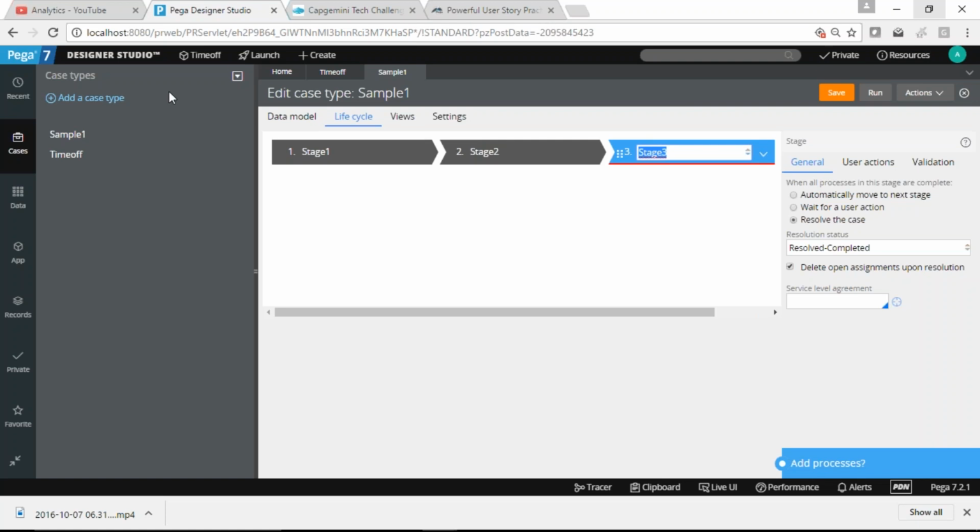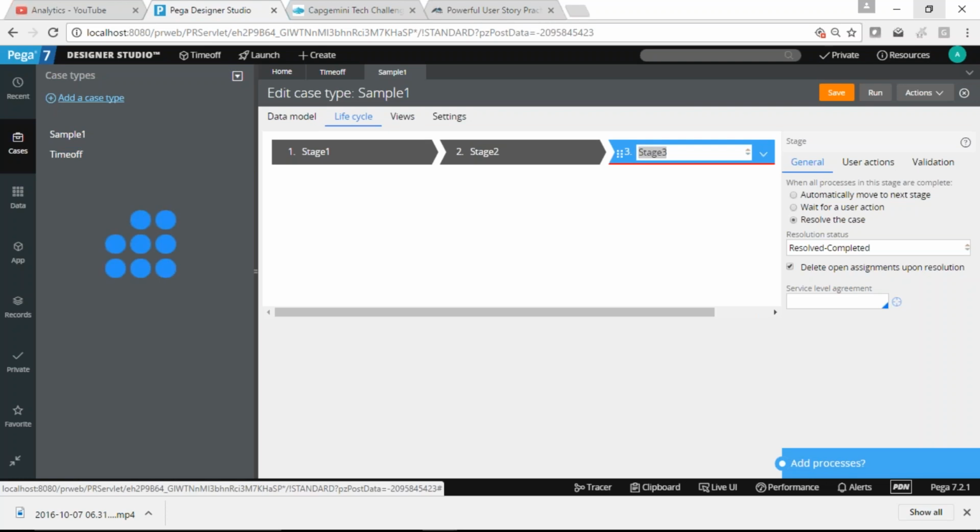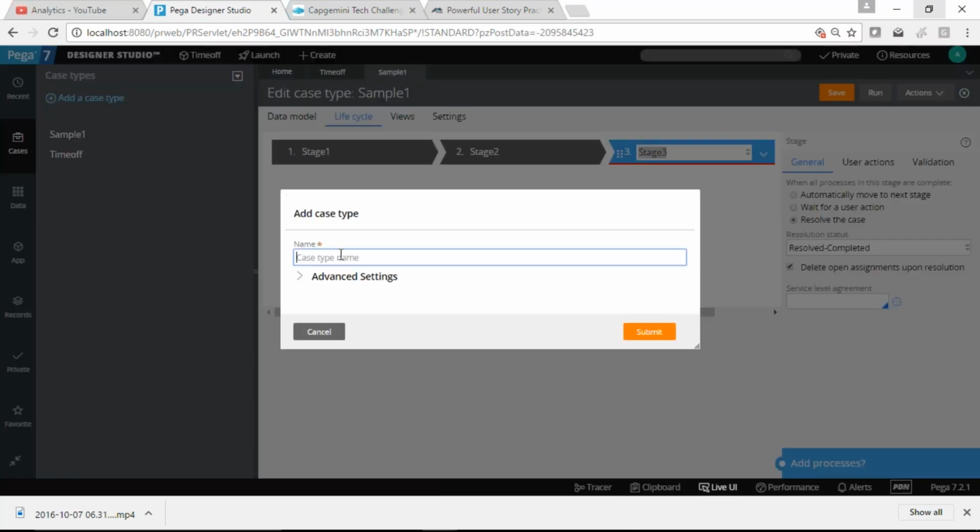No, actually this is the alphabetical order. So if I create a case type ABC, that will be at the top of it. Right. Now, I was thinking that time off was showing the application name, but it's actually the case. That's what I told, I've created the same name as the application. Yeah, no, that's fine. I got it clear now.